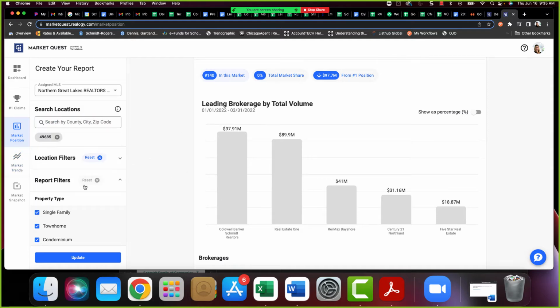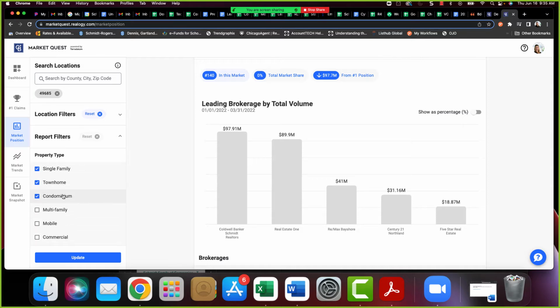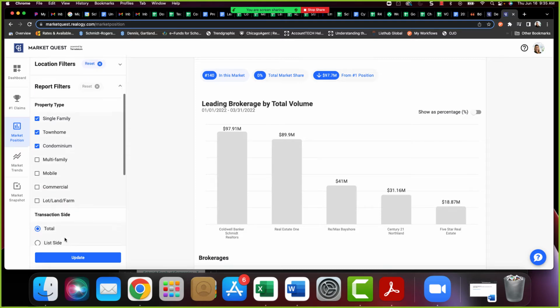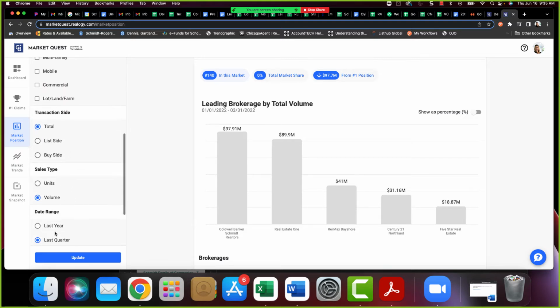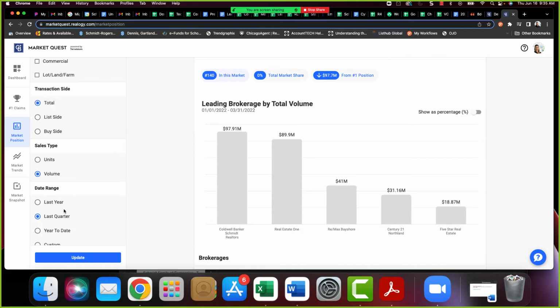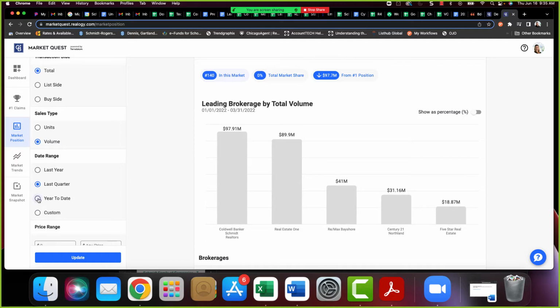And then it does give you the options of single family, townhome, condominium. Maybe you want to do some commercial marketing. Get the stats over to Lindsay and she can pop that into build out for you. And you can do transaction side just like you could before, units, volume, and again, your date range. So if we want to do year to date as opposed to last quarter and click update,